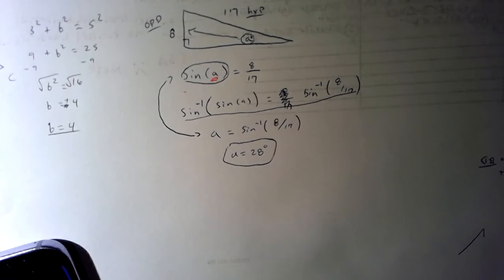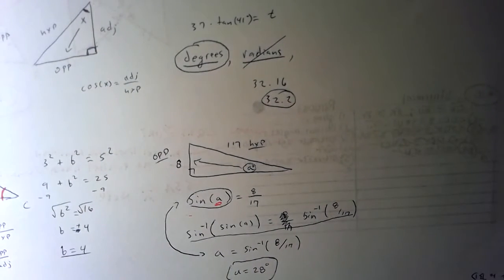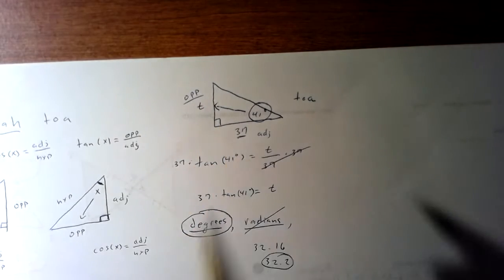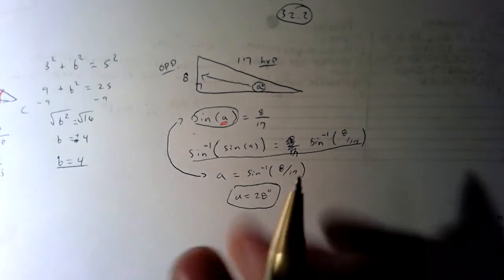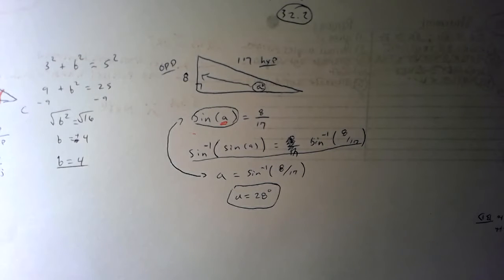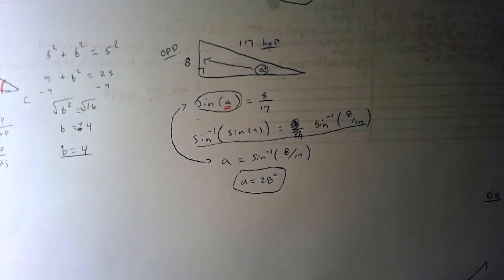All right? So that takes care of the second type of problem. You've already seen the two kinds of problems: the ones where you need to solve for a missing side, and the ones where you need to solve for the missing angle. Now we're going to go ahead and look at word problems where we need to draw the picture. Sometimes that is a challenge in itself. So let's go ahead and look at